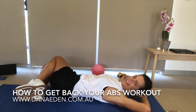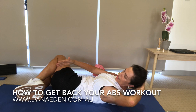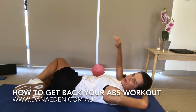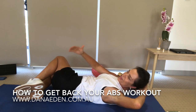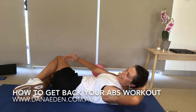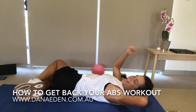So pop those legs down the other way for me, and when you're ready, just reaching across the body and reach. Keep going for me. Now this is halfway through our workout, so we're now going to work our way back through all those different exercises to the very first exercise again. So keep going for me, and then our next exercise is we're going back into our lower back strengthening and